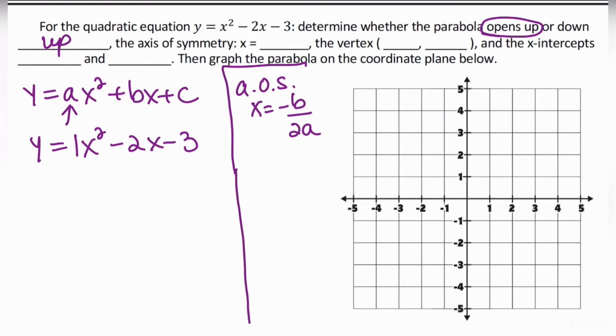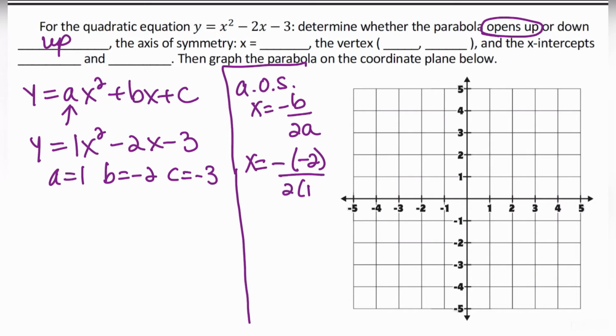And now we're going to substitute those values from the equation. So back to the equation, a equals 1, b equals negative 2, c equals negative 3. So x equals negative, b happens to be negative 2, over 2 times a, which is 1. Negative negative is a positive 2 over 2. Therefore, x equals 1 is the equation of the